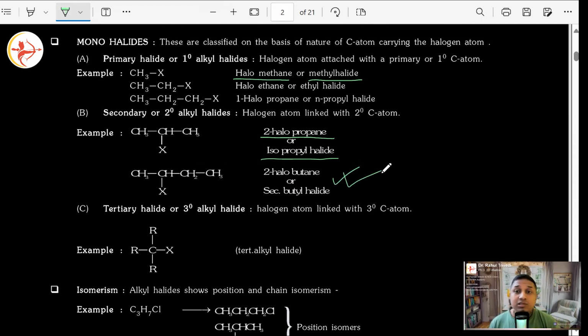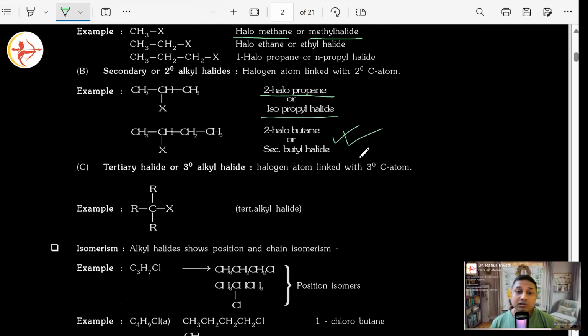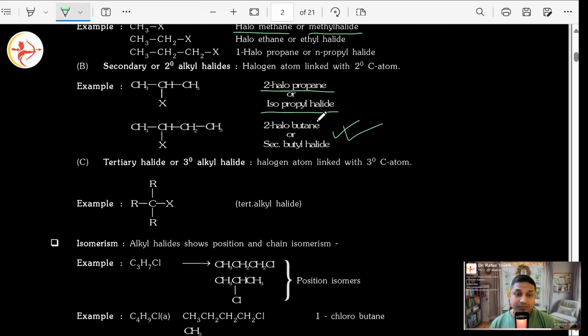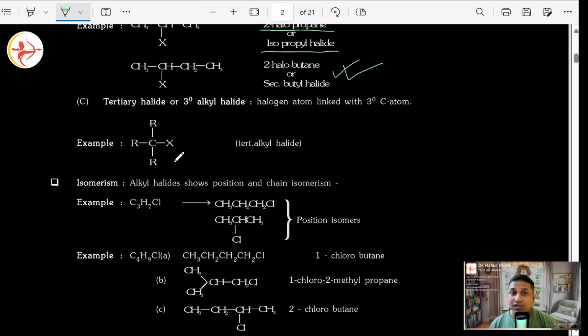Next, we can also go for this type of situation. Easy to understand. Secondary butyl, or at the second carbon it is connected, so 2-halobutane. Are we good? Or tertiary alkyl halides. Make sense? Good. What will be the IUPAC name of this? Let's say all of them are carbon, carbon, CH3, CH3, CH3. What will be the IUPAC name? 1, 2, 3. 2-halo, 2-methyl propane.